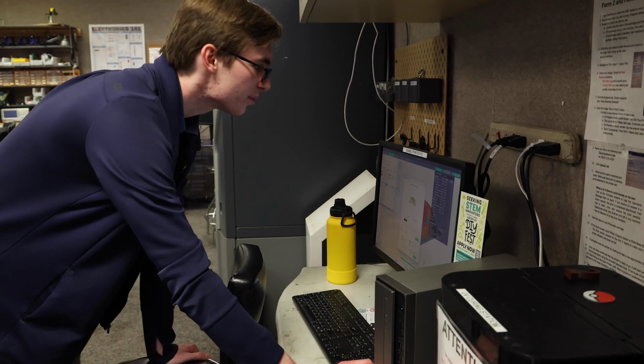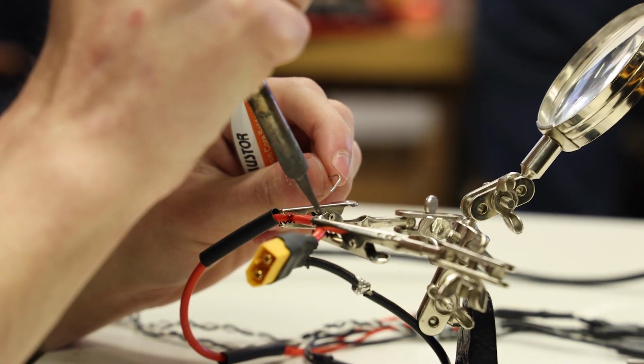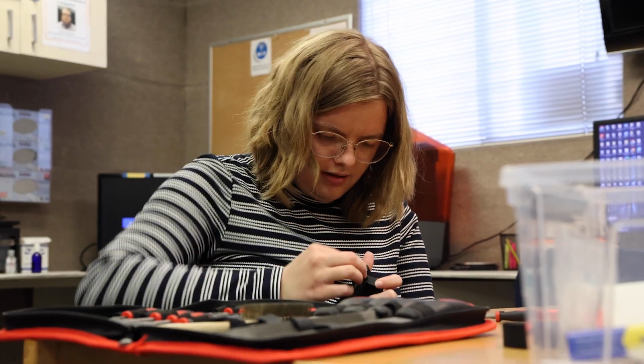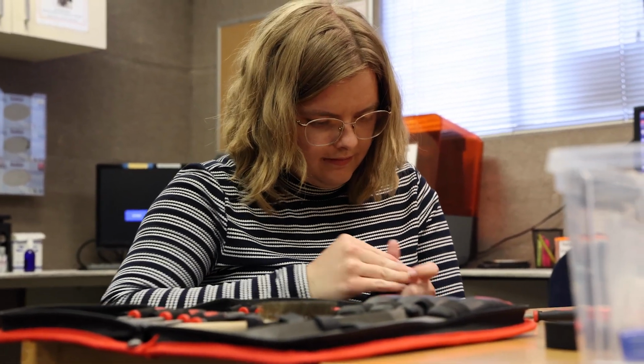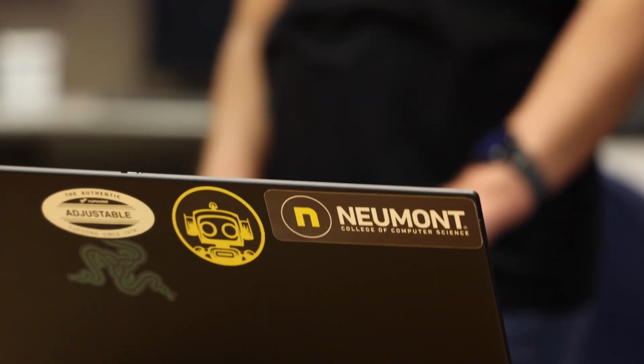Christian's working on fixing firmware with the electronic speed controllers, which is how we drive our motors. Right now I'm working on soldering the connections to the ESCs and the rest of the board. Abby is currently working on designs and kind of planning for the next steps, and Matthew's helping me with soldering